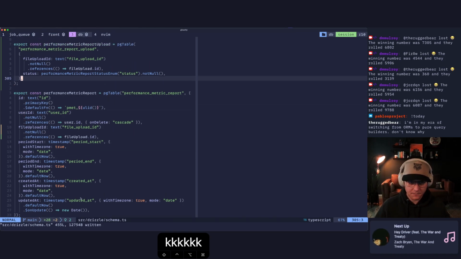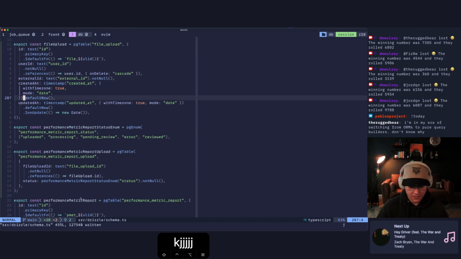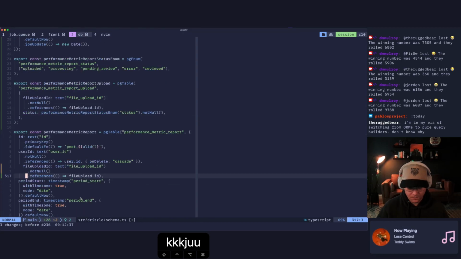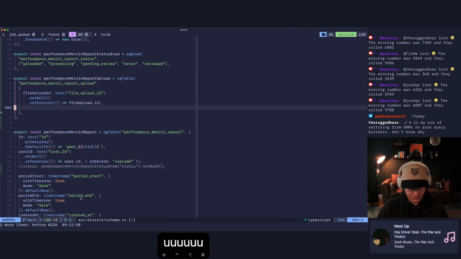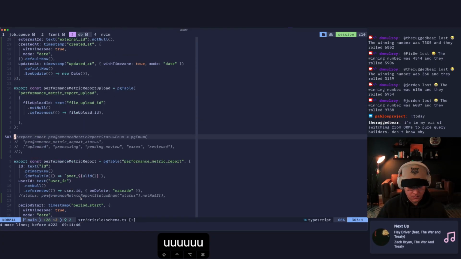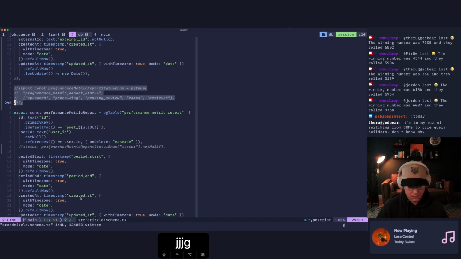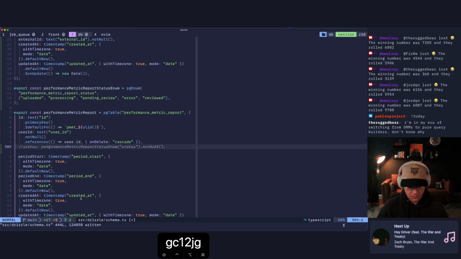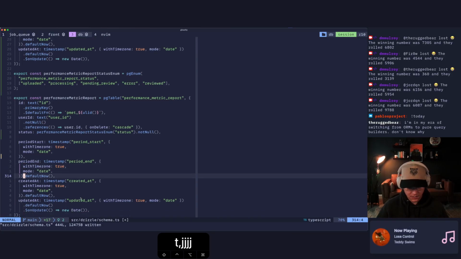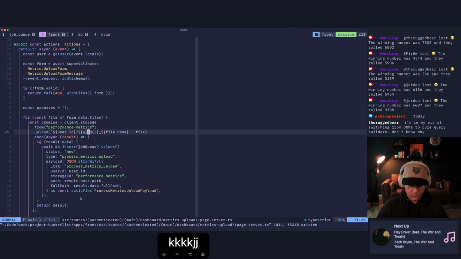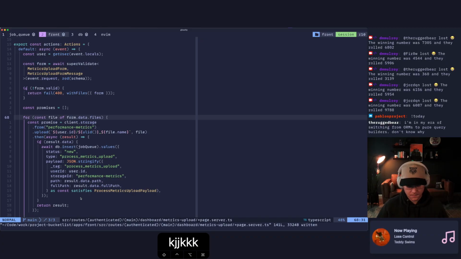Okay, I have a better idea than what I'm doing here. Let me get rid of this table. Actually, we're not going to use that, and we're just going to go back. I should just use undo tree here, but whatever. And instead of this being default now, these are going to be nullable columns, and this will have a status. And then when we go to upload, we're actually going to